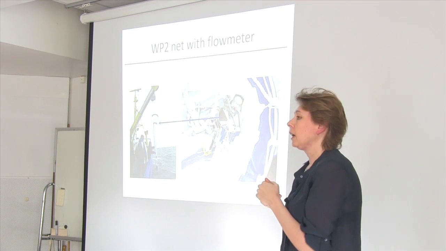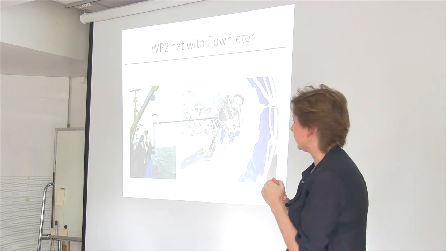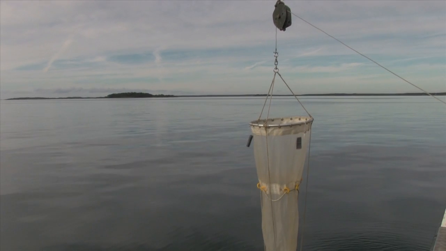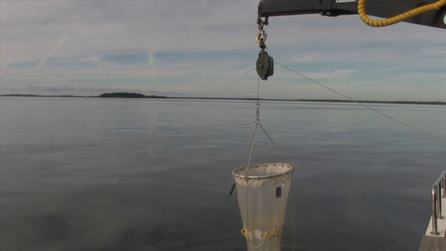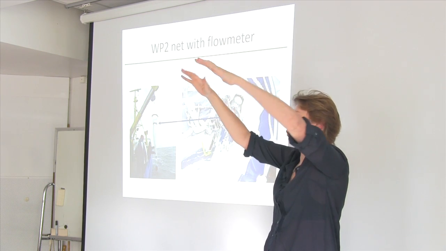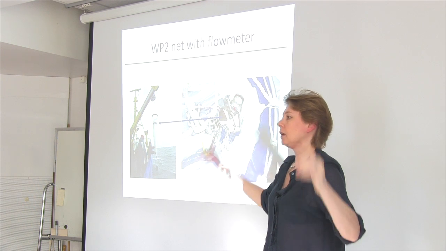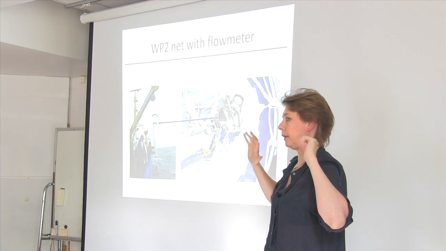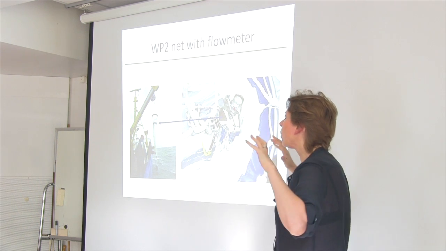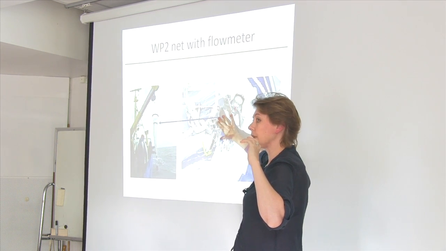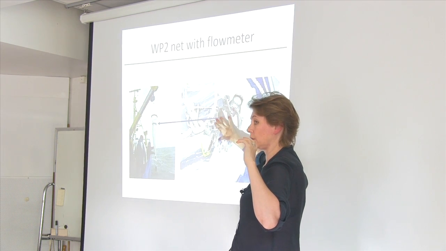So here is our major tool for zooplankton sampling in the Baltic Sea, the VP2 net with a flow meter. The flow meter counts the amount of water actually going through the net and not going around the net. So it's very crucial to pay attention, when you use zooplankton data for any kind of analysis, to how this has been used in the data acquisition,